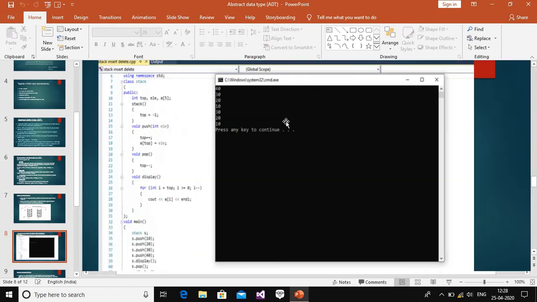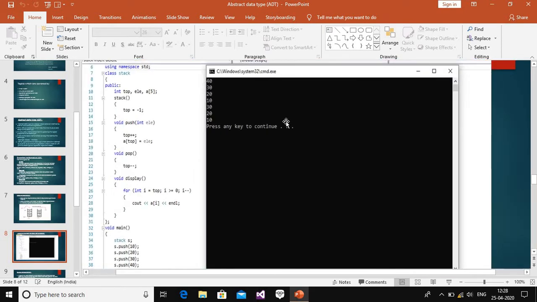Coming to the output part, we inserted 4 elements 10 20 30 40. We call only one pop operation, so the top element, 40, should be removed, and the remaining elements are